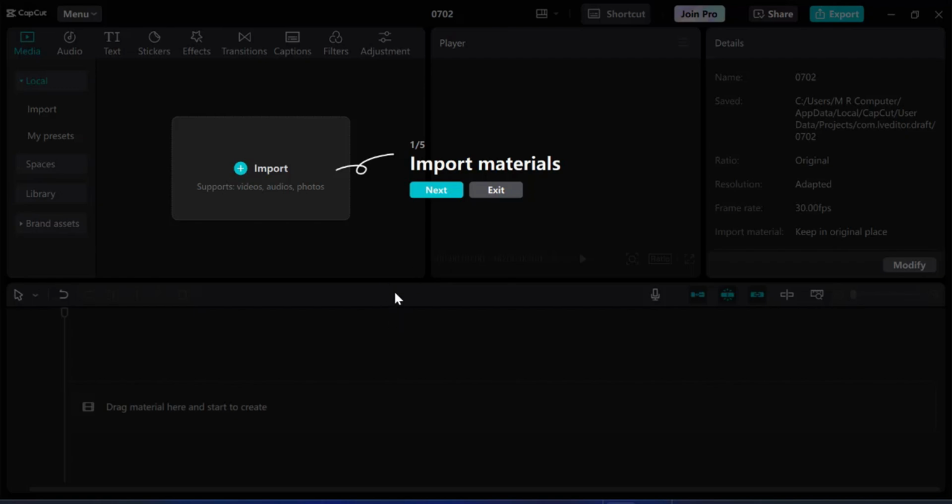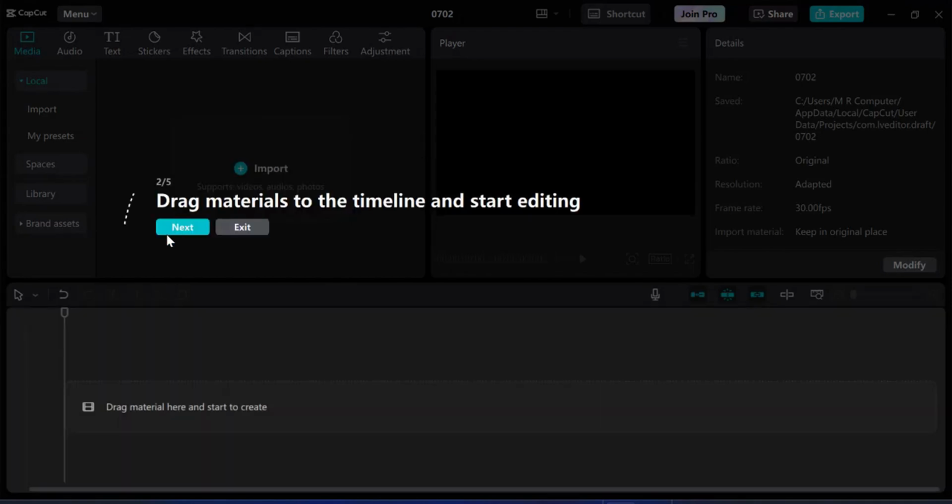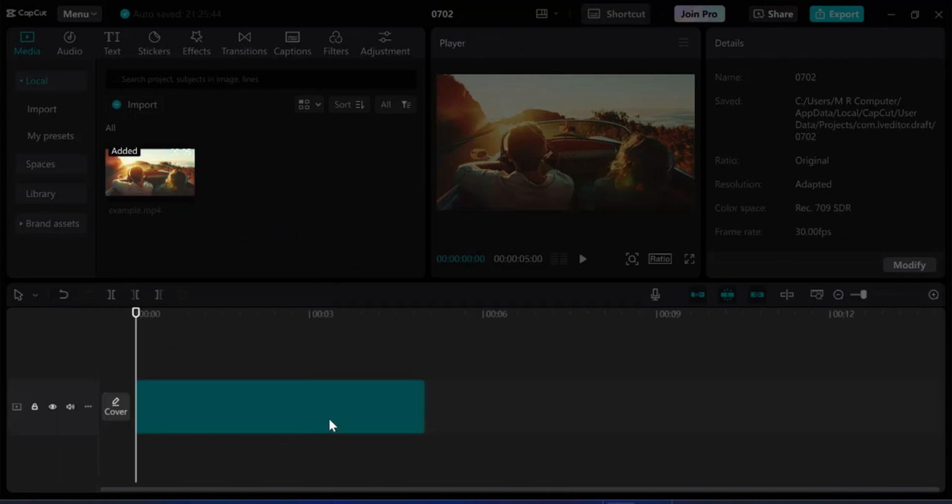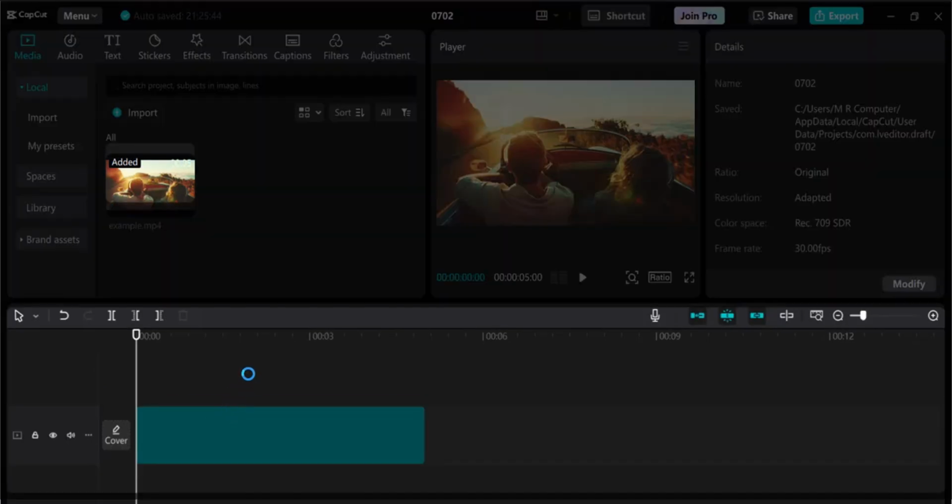So I want to go for the video next option. So I want to see here import materials. So this is the basic tips maybe. So I want to click the next. Also here is the brief for dragging materials to the timeline and starting editing. So this is a short tutorial on how you can edit your video. So I want to click the next, and after that you will see the area option for the video editing. So this is very basic, and I think you can easily